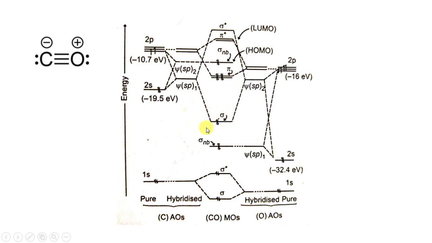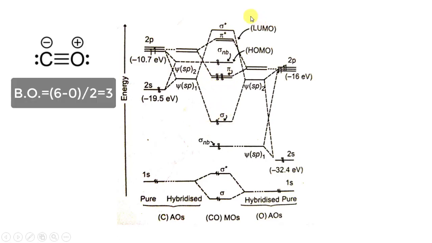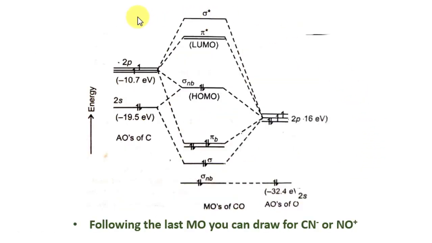These 2 sigma electrons and 4 pi electrons are in bonding. So total number of bonding electrons is 6, total number of anti-bonding electrons is 0, 6 minus 0 divided by 2, overall bond order is 3. This MO is a simpler form of the previous MO, where we have the initial non-bonding orbital, then sigma bonding, then pi bonding orbitals. This is another sigma non-bonding orbital, which is HOMO. This is pi star, and this is sigma star orbital.